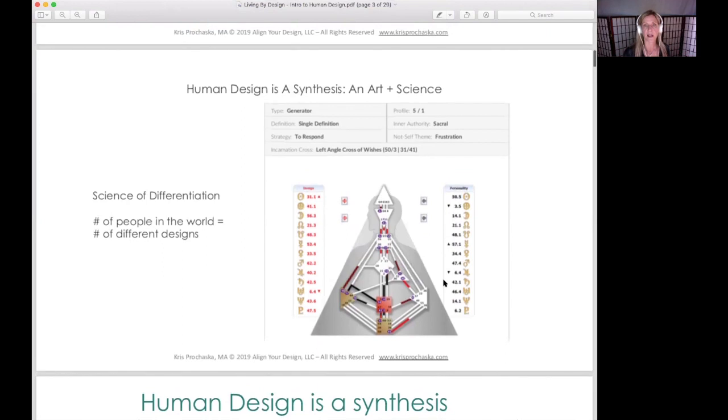The other thing I want to say about this really quickly is, when I say it's an art and a science, there's a whole science to how we calculate a chart and all the different aspects that go into a person's design. There is a science behind this. And the art is the ability to synthesize the design, to use, in my case, clinical skills and my intuition to see the whole picture and bring all those different scientific aspects of the design together and synthesize that for my clients. It is an art and a science.